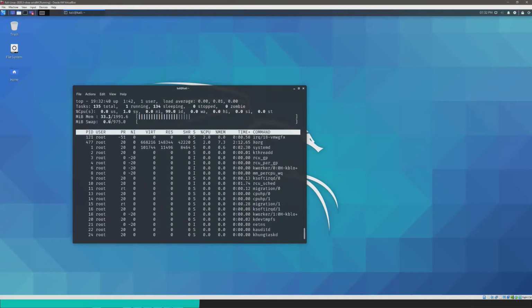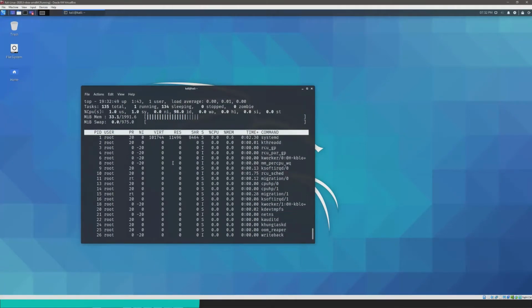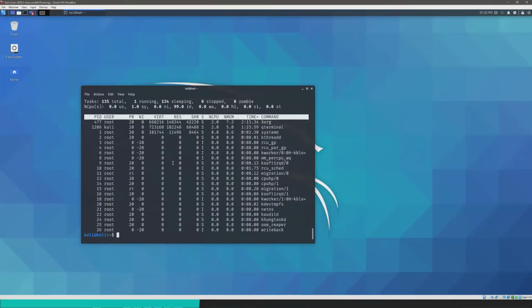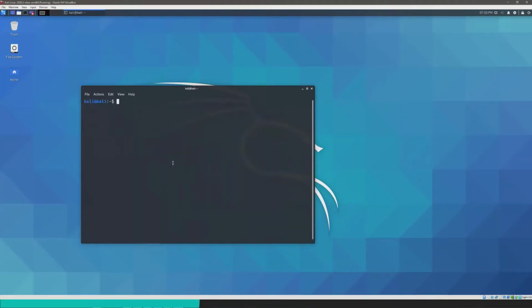This might be megabytes. Yeah, these are megabytes. 33 megabytes, that's it? No, that's not right. I'm not sure if that's correct, but it seems that it's telling me that it's using 33 megabytes, which is actually kind of strange. So yeah, to exit, you just type Q.